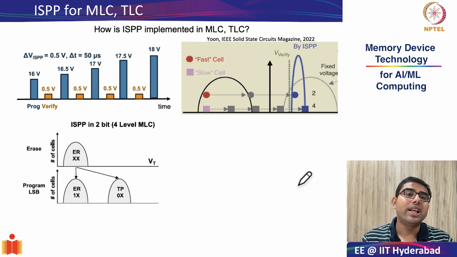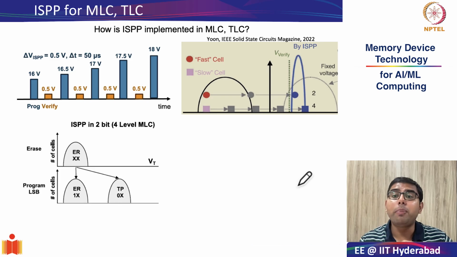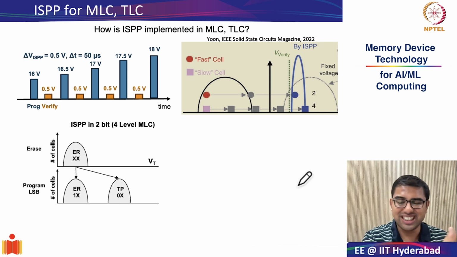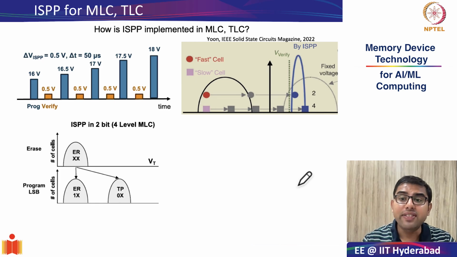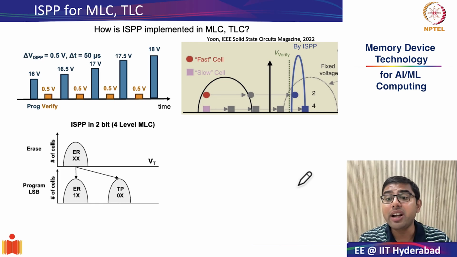To conclude today's lecture, we will see how ISPP is implemented both in MLC and TLC cells. So the actual practical programming from the erase state to the intermediate state takes a very staged programming protocol. You don't directly jump from erase state to 4 distinct states. So let's see this with an example of 2-step programming protocol for MLC. As you can see in this schematic, in the first step, the flash cell is partially programmed based on its most significant bit. Either it will stay in the erase state, or if the MSB is 1, it will move to a temporary state.